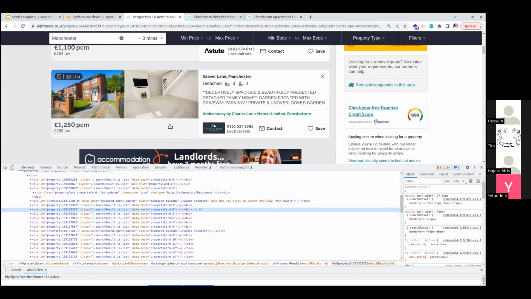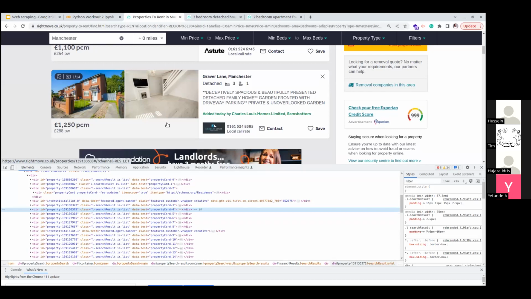It is very rare, because when you look at how HTML and CSS works, when you are creating a div and you are putting the same repeated information in that div, you want to give them the same styling, so they will definitely have maybe the same ID or class. So it's very rare, but there are some websites you come across and you'll be wondering what kind of people built these websites. So there are cases like that. But in most cases, you would usually find something that is peculiar to all of them. And that is what you need to use with Beautiful Soup to extract what you want.